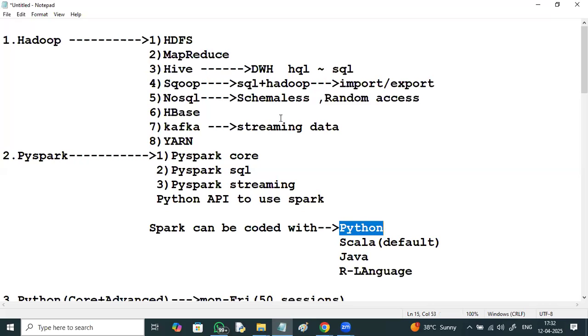So tomorrow you can join at the same time, 4:30, using the same link to see the discussions. Tomorrow we'll be discussing things technically. This is a demo session too. I'll be discussing technically the necessity of Hadoop and PySpark, both, and the importance of Hadoop and PySpark in the current market.